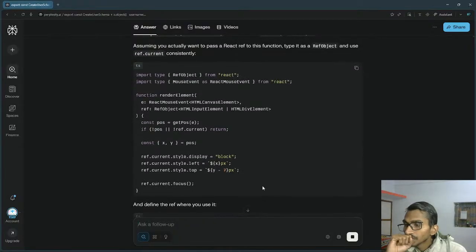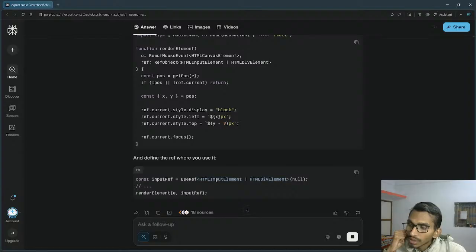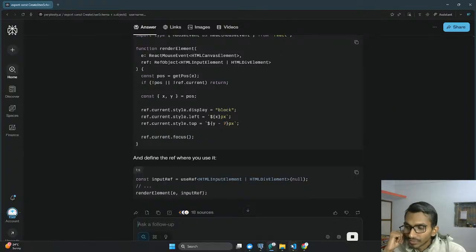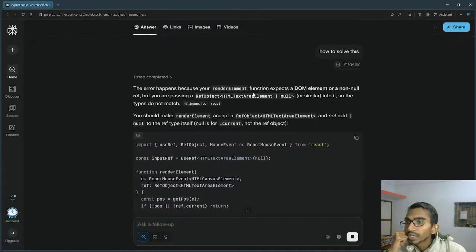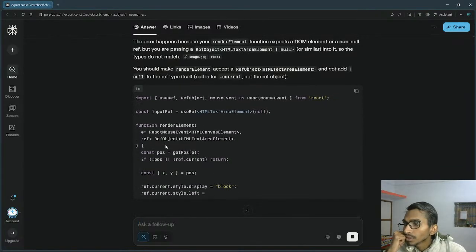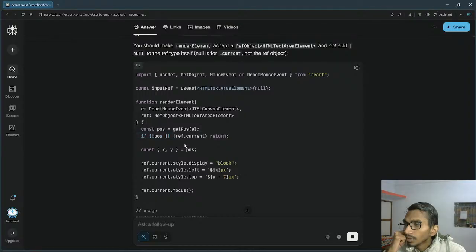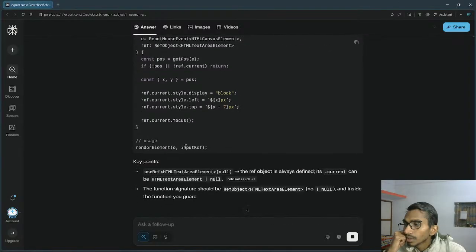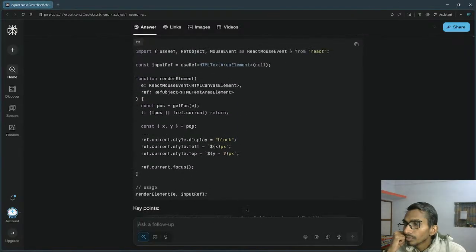How can input ref be both? I don't want it like this, right? When it comes to input box, input ref, that can be right. Anyway, what is the answer of it? The error happens because the render, okay, null. So how can I fix this? Not return. Render element, it gets this text area element, and once this thing is done, return this. Ref object HTML text area element. Okay, it gets that. Then it checks whether it exists or not, and then